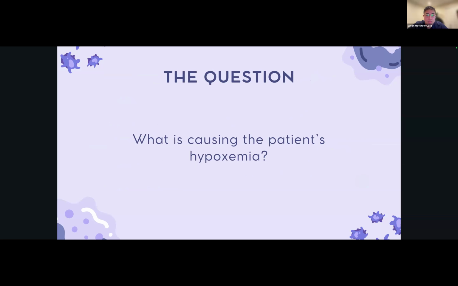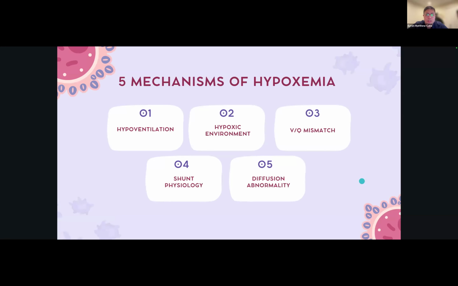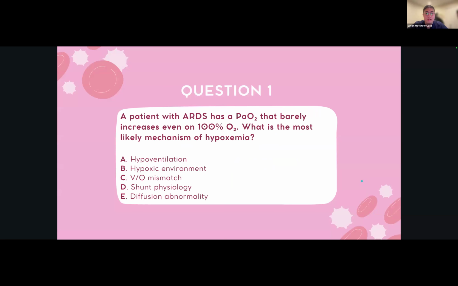So to help elucidate the problem, the following slides will discuss the common etiologies of hypoxemia. So some 5 mechanisms of hypoxemia include hypoventilation, a hypoxic environment, VQ mismatches, shunt physiology, and diffusion abnormalities. So the following slides will include cases to further highlight these mechanisms. So the first question I'd like to ask the chat,